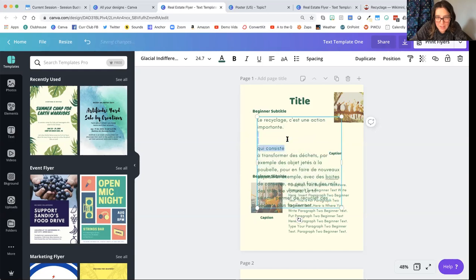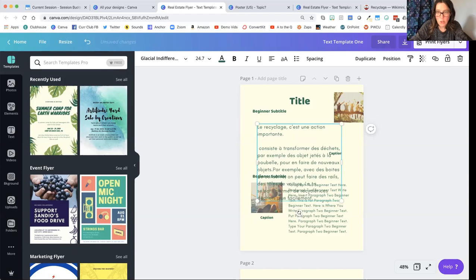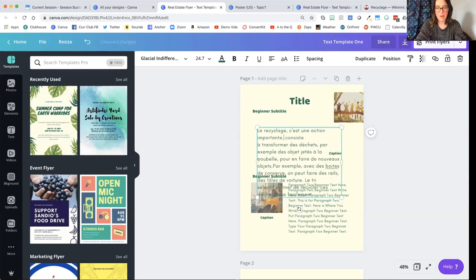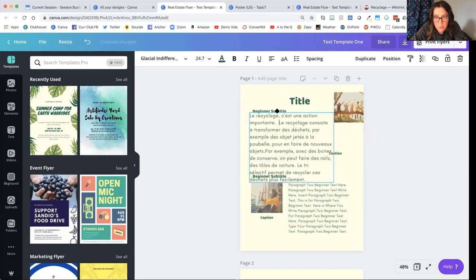And then I'm kind of breaking up longer sentences. I'm just going to repeat this. So another way to make things more readable is to repeat the subject and not the subject pronoun. So "le recyclage" instead of "il consiste," which is "it." So recycling consists of transforming